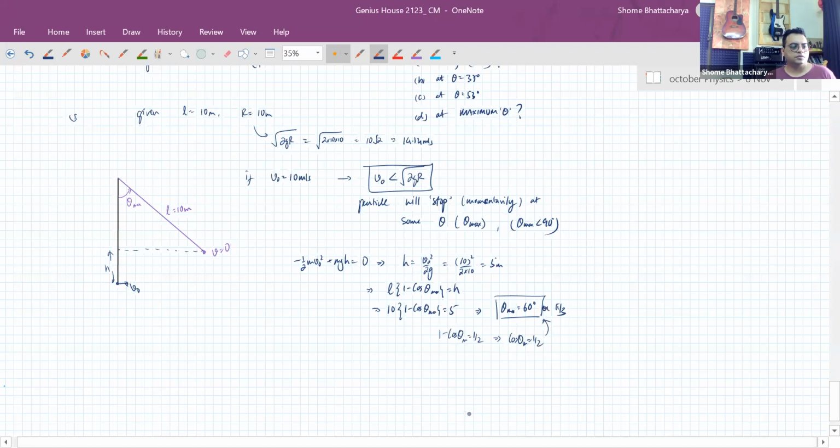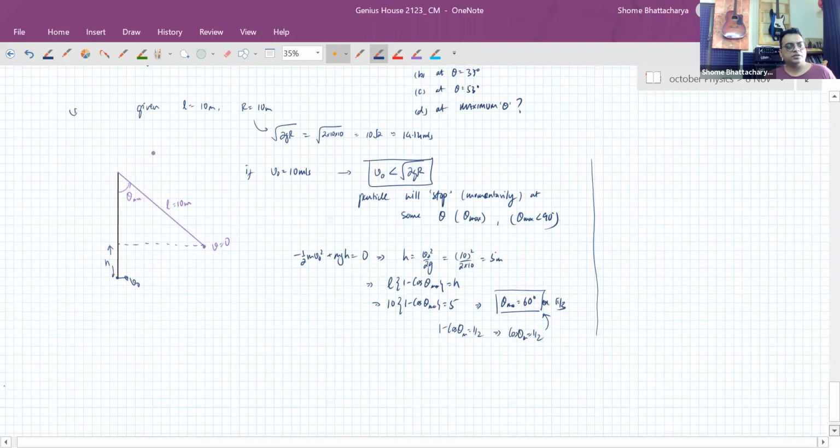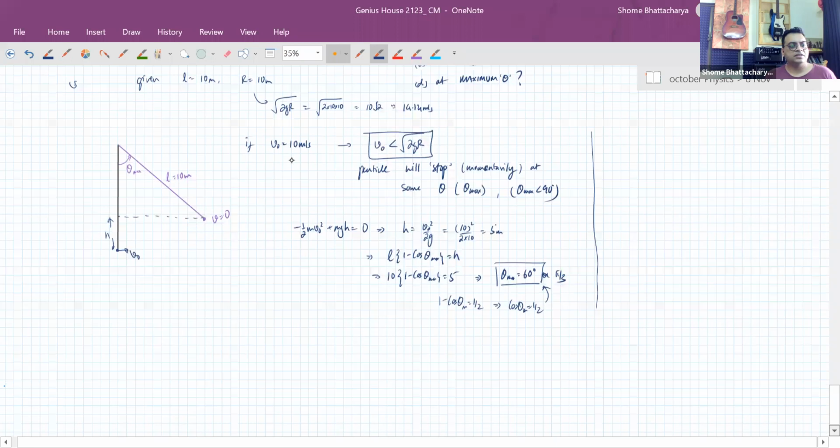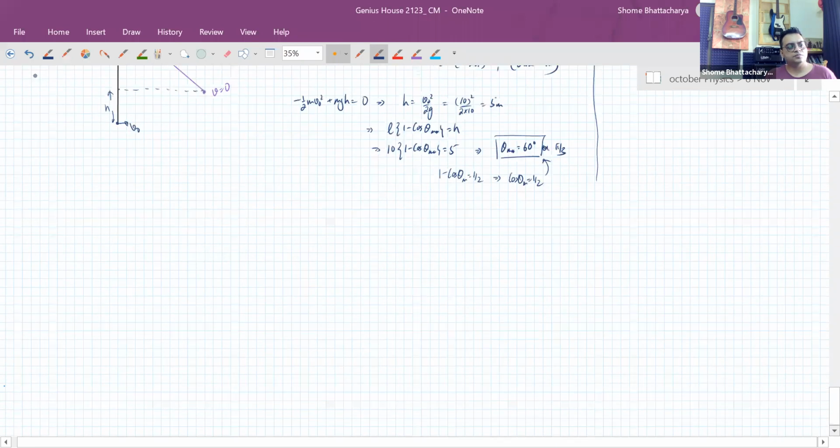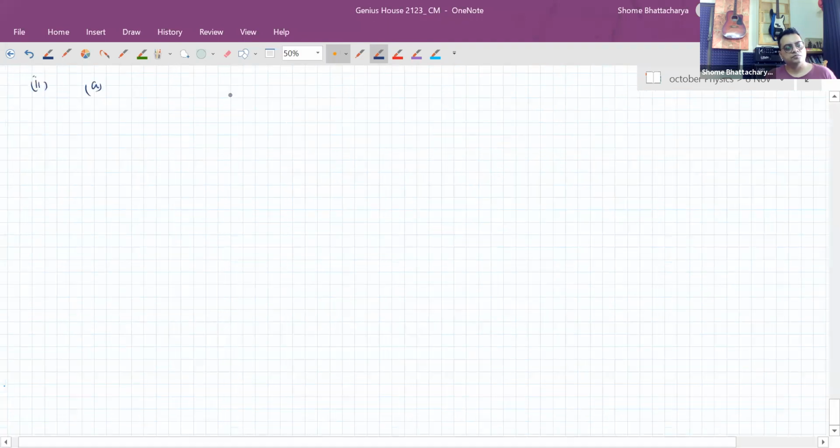This much. Now you can also see that at this maximum angular displacement, yes, we'll come to all that. So now for the second part, you can see that the tension at various different points, so when it sets off at theta equal to 0, the speed of V naught,